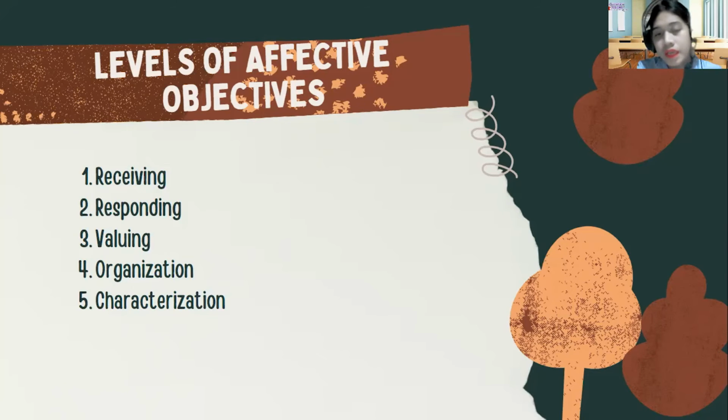Examples of this are to differentiate, to accept, to listen, or to respond to. So that is an example of receiving. And for responding, this defines that the learner is committed in some small measure to the ideas, materials, or phenomena involved by actively responding to them. Examples of this are to comply with, to follow, to command, to volunteer, and to spend leisure time,